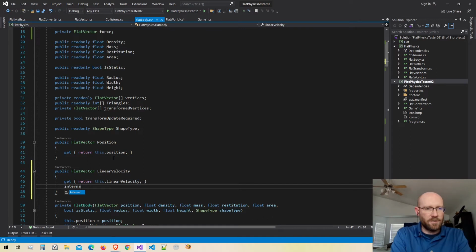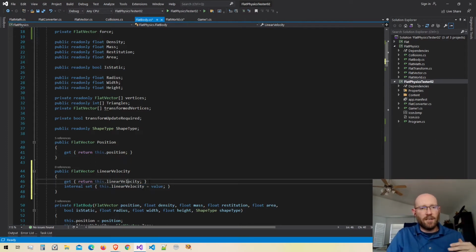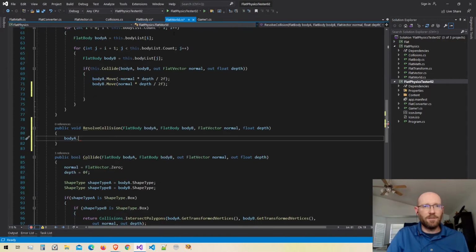And then we're going to have an internal set. What that'll do is make it so we can set the linear velocity inside the engine itself, but anybody who wants to can get the current linear velocity. Okay, all right, so now that we can do that, back in our world class,